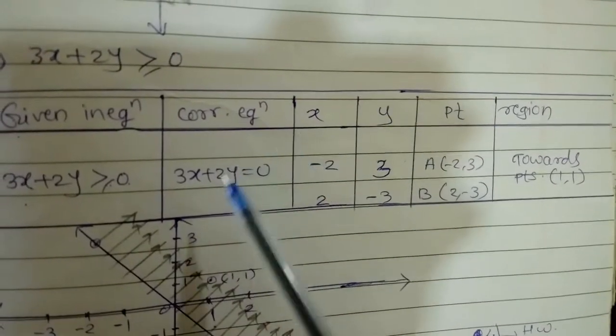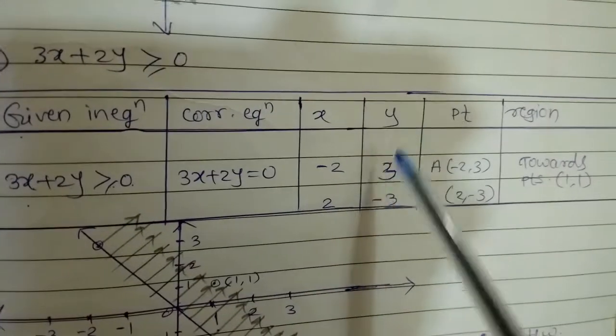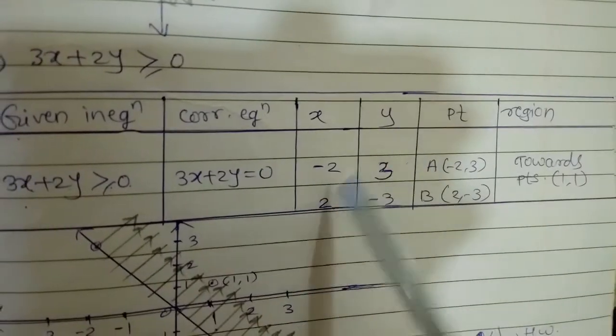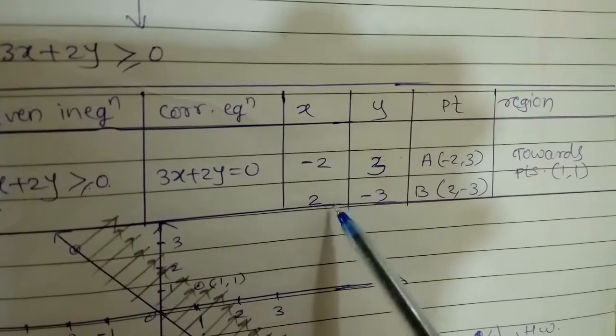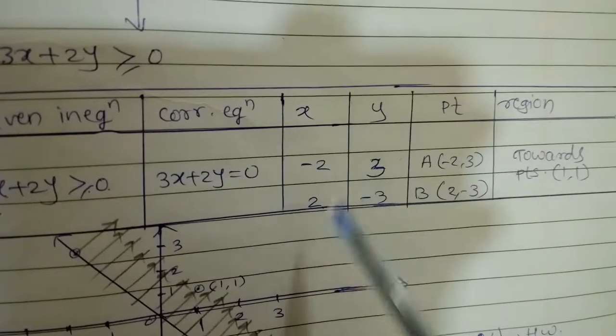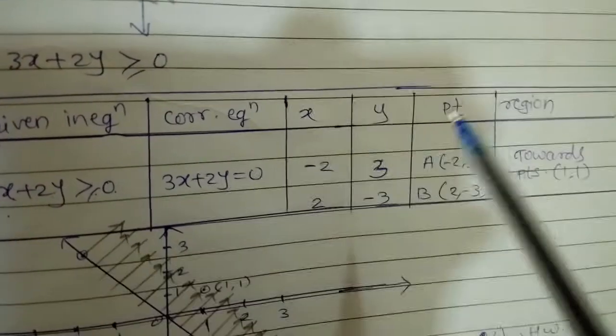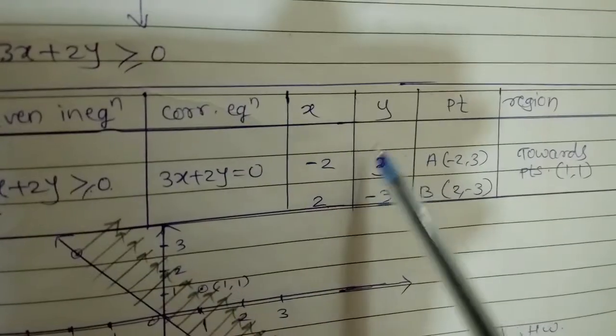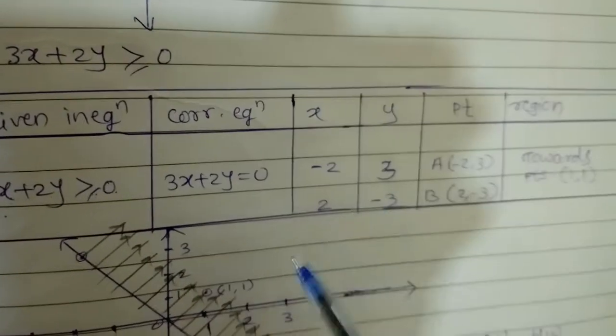Now if we put y equal to 0, we get x equal to 0 also, that means (0, 0). And how do we find the second point? Both the points will be (0, 0) and (0, 0). So in this type of example we have to choose coordinates other than 0.